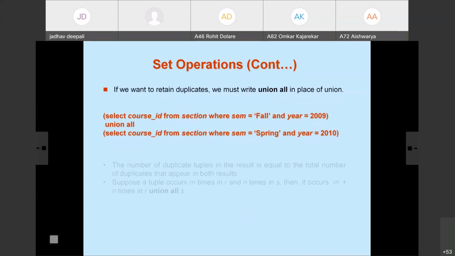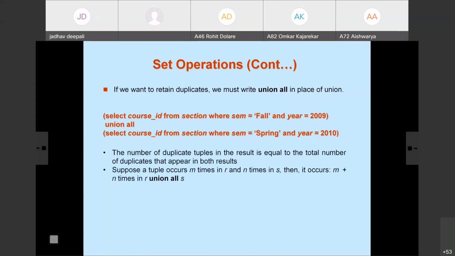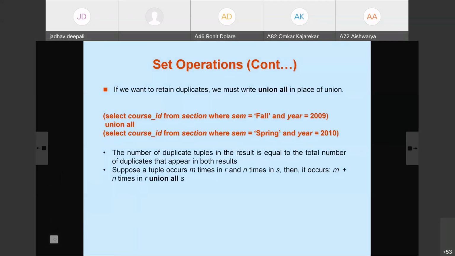Now how many times does a duplicate appear in the result? That is also important. In the union all case, if a tuple occurs m times in R and n times in S, then it occurs m plus n times in the result of union all.